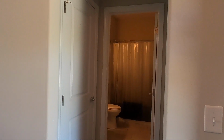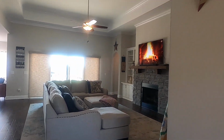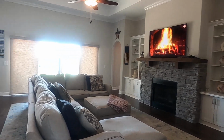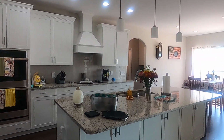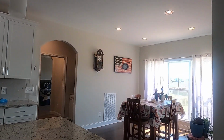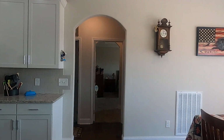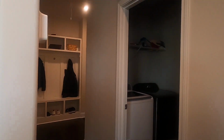To the right, you have a full bath, bedroom with a walk-in closet, beautiful front doors. Love this living room. As you can see, it's a great big open concept. Beautiful large kitchen. Over there we have the primary bedroom, laundry, access to the garage, as well as, love that